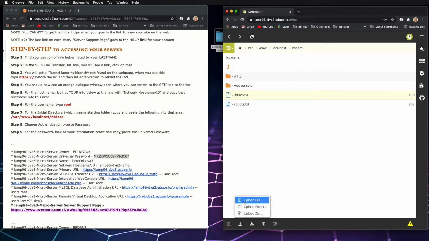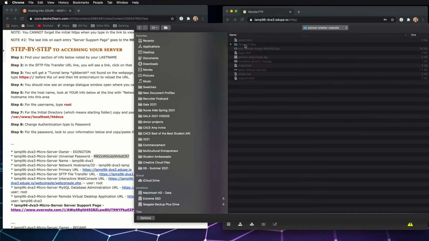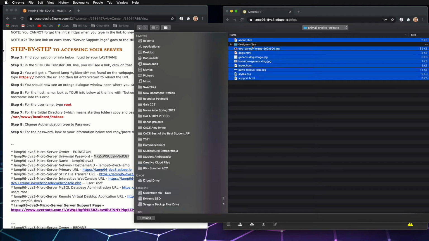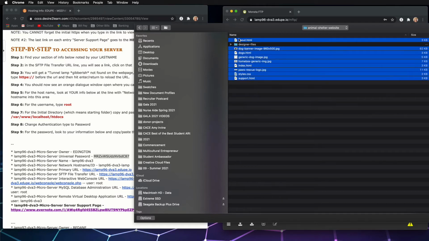So now we're going to choose, do we want to upload a file, upload a folder, or upload a zip? Well, it's easier just to use the file, and then it's going to ask you, what do you want to upload? Well, I'm going to go find my animal shelter website, and I'm actually going to load all of these. Notice that when I go to highlight everything, see how it doesn't put the designer files in there? So it'll have a hard time with folders, and if it does, then you can click in here and upload those,